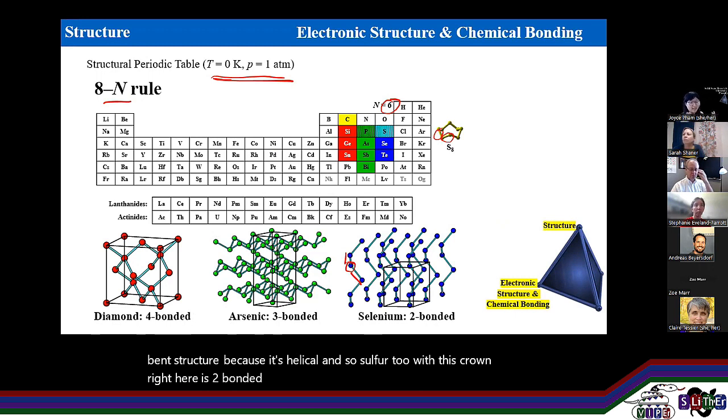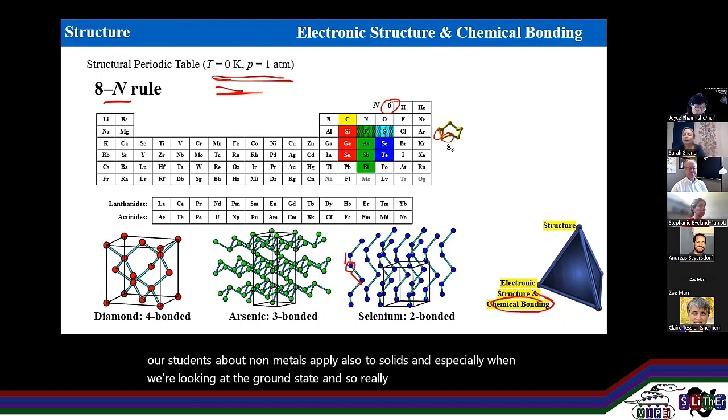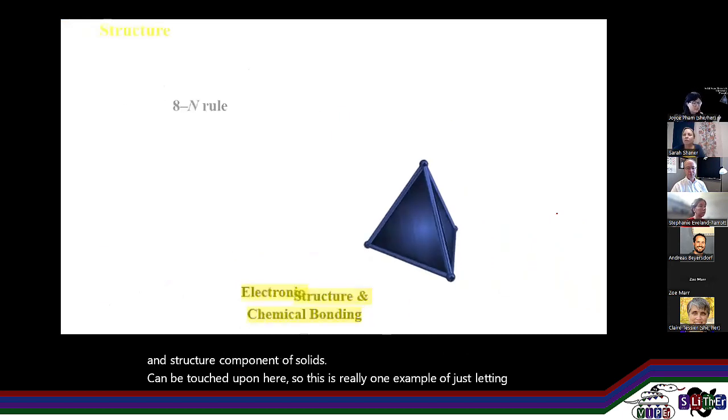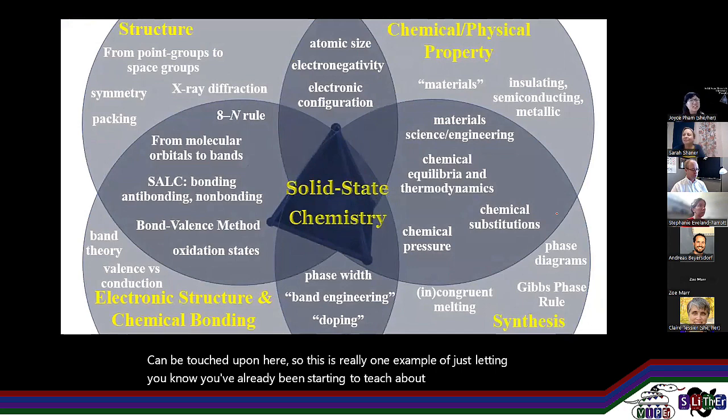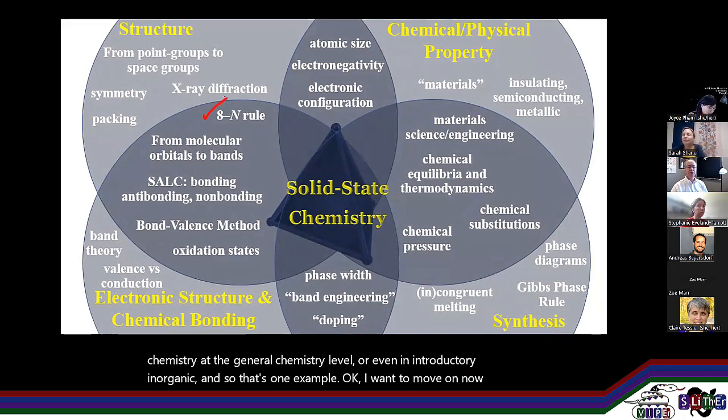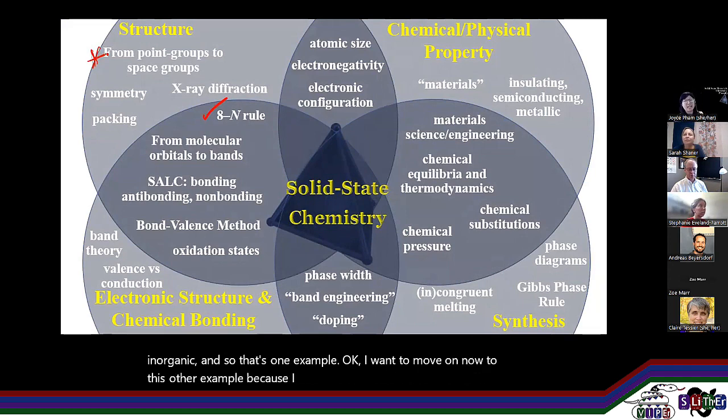And so the octet rule, how we utilize it to teach our students about nonmetals, applies also to solids, and especially when we're looking at the ground state. And so really the chemical bonding and structure component of solids can be touched upon here. So this is really one example of just letting you know you've already been starting to teach about solid state chemistry at the general chemistry level or even in introductory inorganic. And so that's one example. Okay, I want to move on now to this other example because I know that in inorganic chemistry, we talk